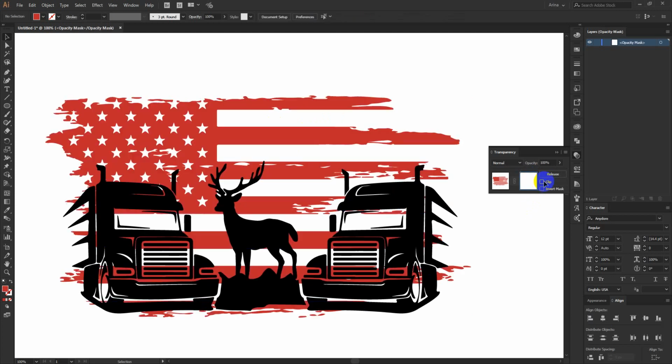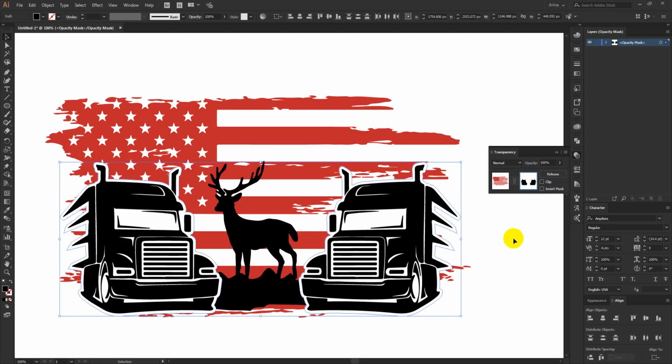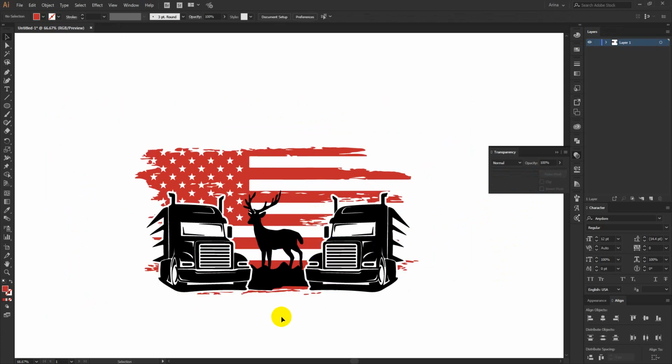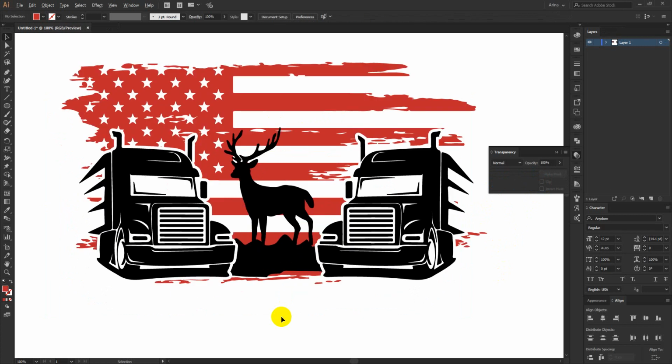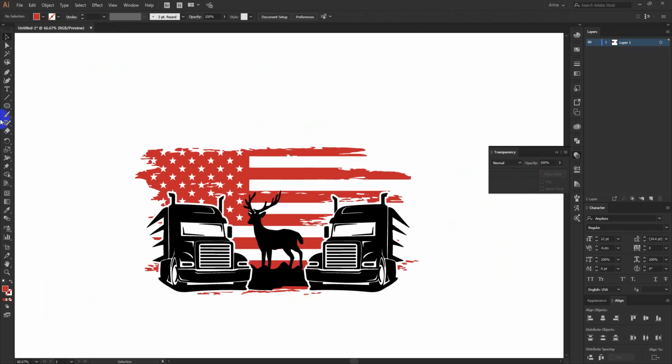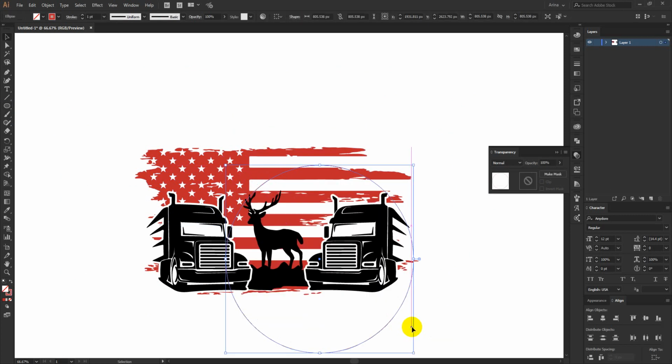Open this transparency panel. Now paste in front. So the same design is in the deer vector and in the flag vector. Okay, I think this is good for my design, but I want to make a circle here, like this.